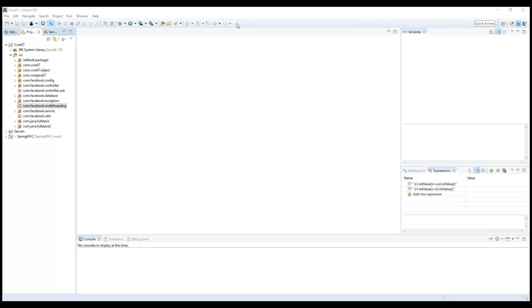Good morning, everyone. In the last session, we discussed exception handling. So today we are going to discuss one of the important concepts called multi-threading. This is the important concept we are discussing today, and from today onwards, we'll try to work